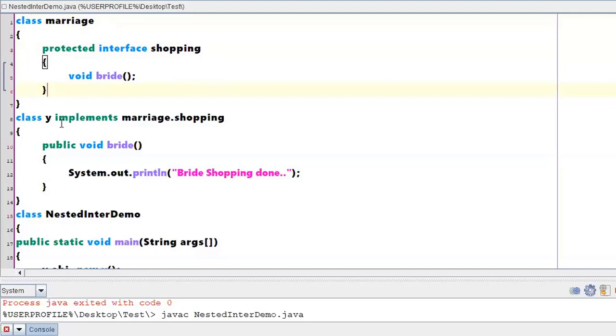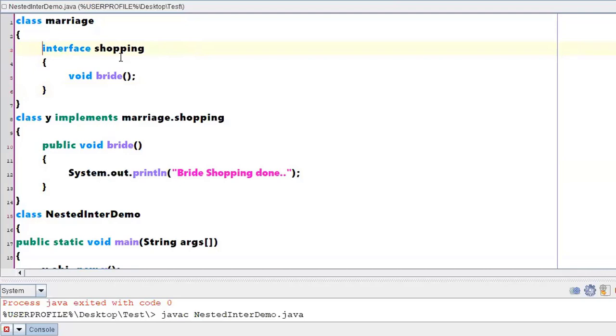Do I need to change anything with respect to this class Y implements kind of statement? Anything? Extends in class Y, this is what we need to observe. Let me remove this protected because I should not write it.